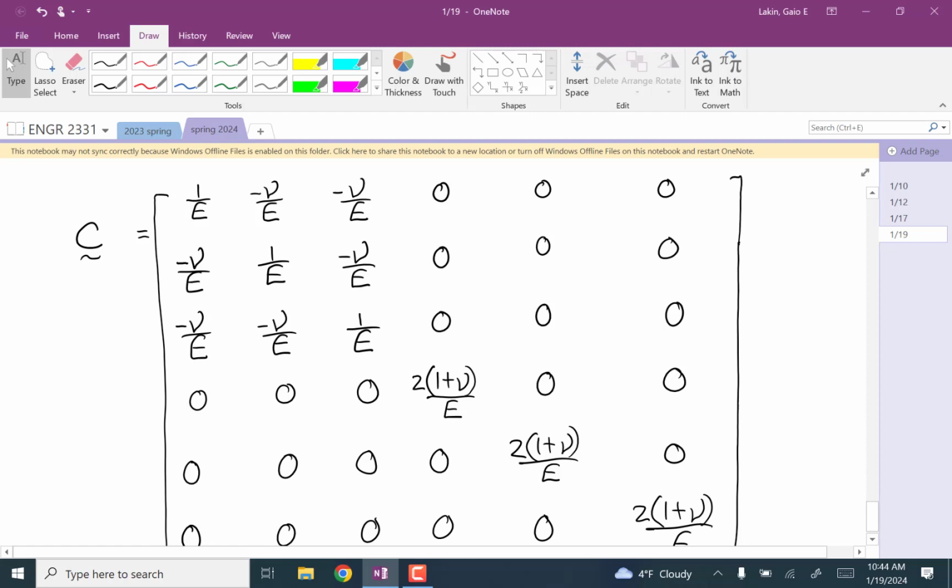So to calculate the strain at this point, you have to include all of the normal stresses. Same with this and same with this. To calculate any individual normal strain, you need all three normal stresses,